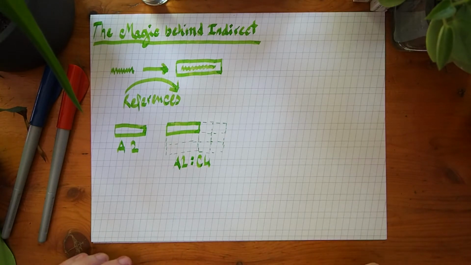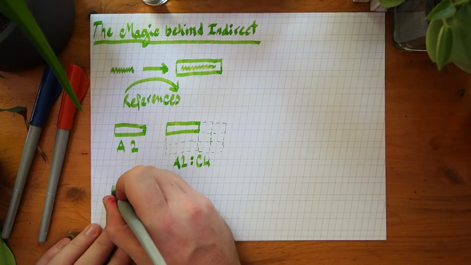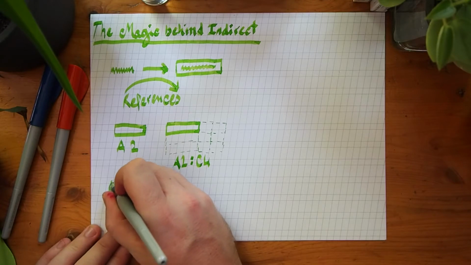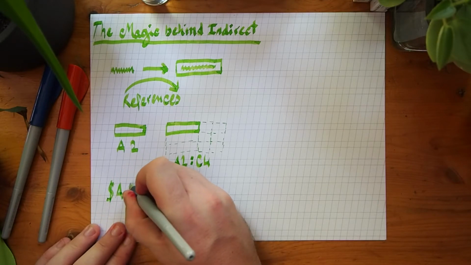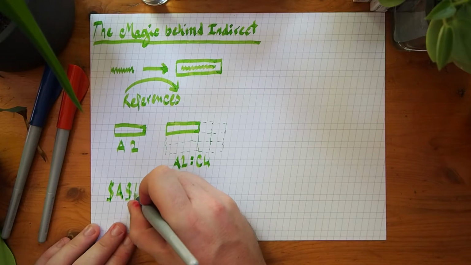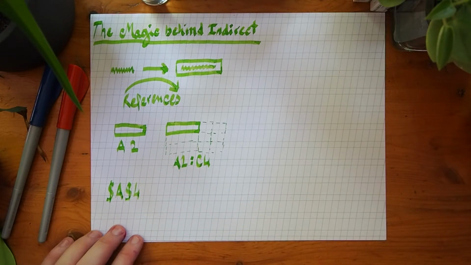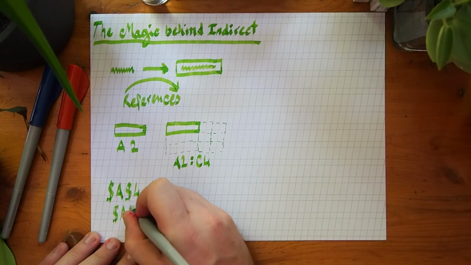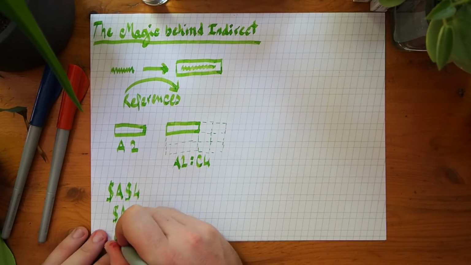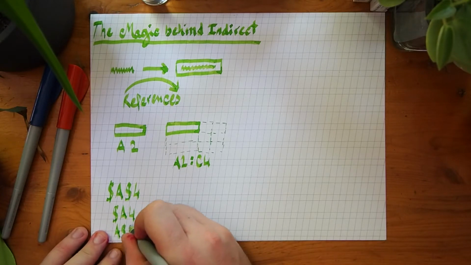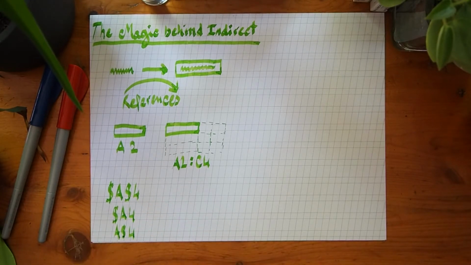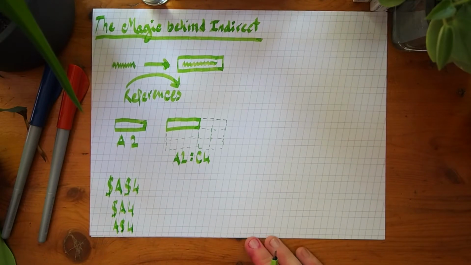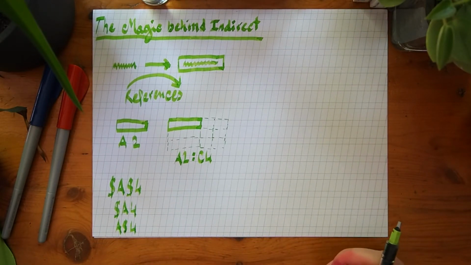So there's two options. You can also have types of references that some people might know, with dollar signs, like $A$4. This is an absolute reference. You even get these weird mixed references. Maybe you've seen them before. They're very useful when you've got a table that needs to refer to the top and to the left, and your functions need to calculate on both sides. These are extremely useful. So $A4. But to talk about INDIRECT, we have to talk about a certain type of reference,